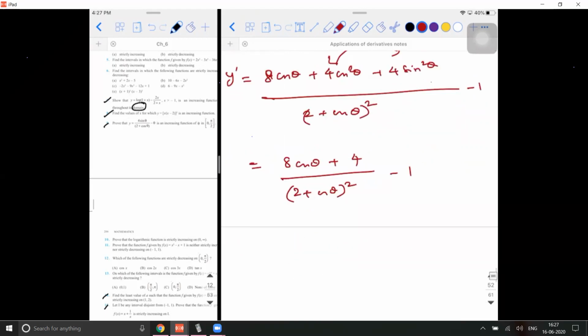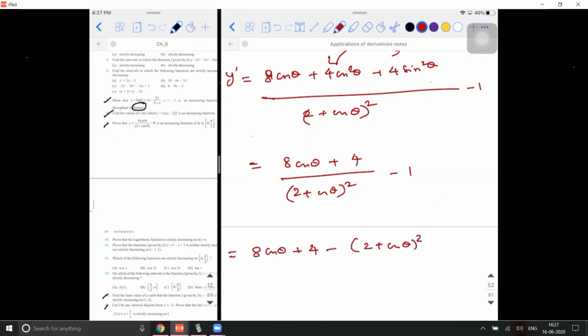Now, how to solve this? Do we take LCM again? Sir, you can take 4 common. Okay, we can take 4 common. Then what do you want to do? First of all, shall we take LCM and then proceed? Let's see if something gets cancelled. Sir, can we take LCM? Yeah, we can. That's what I'm doing.